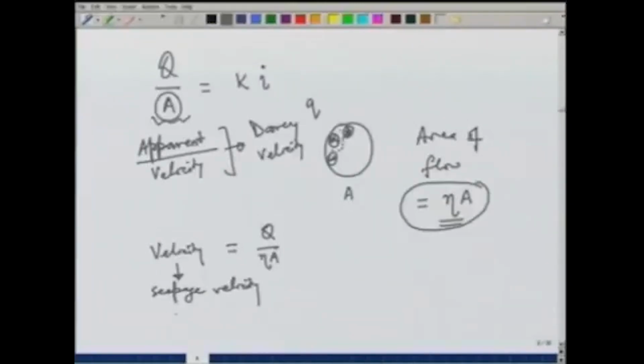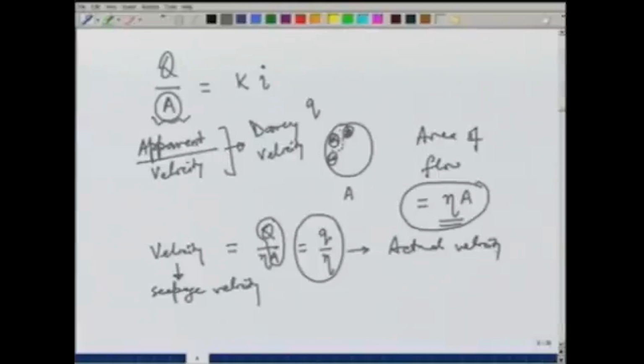The real velocity or the seepage velocity is also written as q over eta, because Q over A is the Darcy velocity. So, this is the actual velocity of flow,